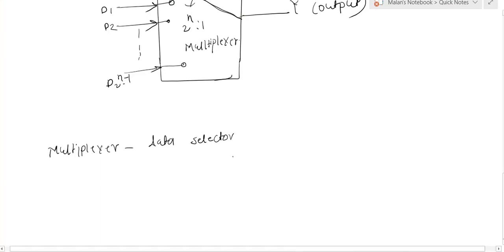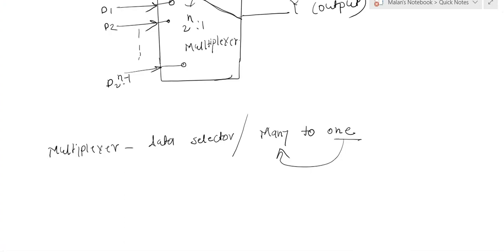Also, the multiplexer is called many to one, as the multiplexer is selecting one output from many input lines. So the multiplexer is also called many to 1 logical circuit.